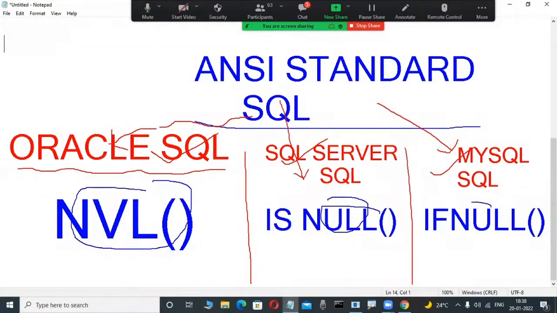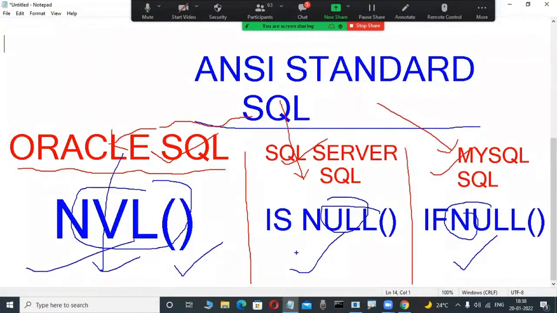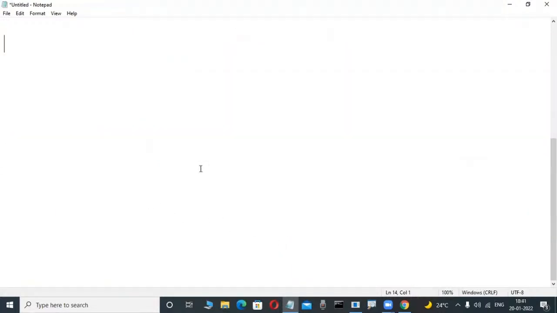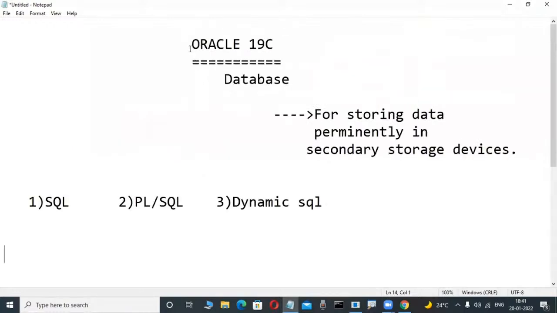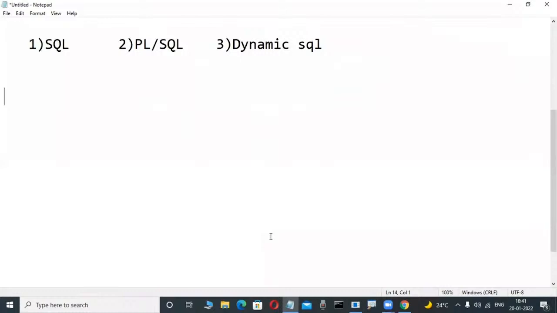And the syntax is totally different. The create procedure syntax is different here and different there, with slight differences. Suppose there is a function MONTHS_BETWEEN, which is in Oracle SQL only. Can I use the same function in SQL Server? No, there is DATEDIFF, another function. That's why, always, what we are learning is this: